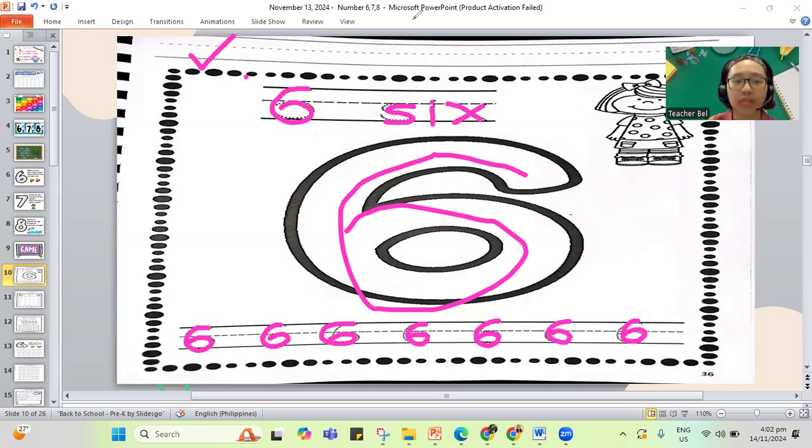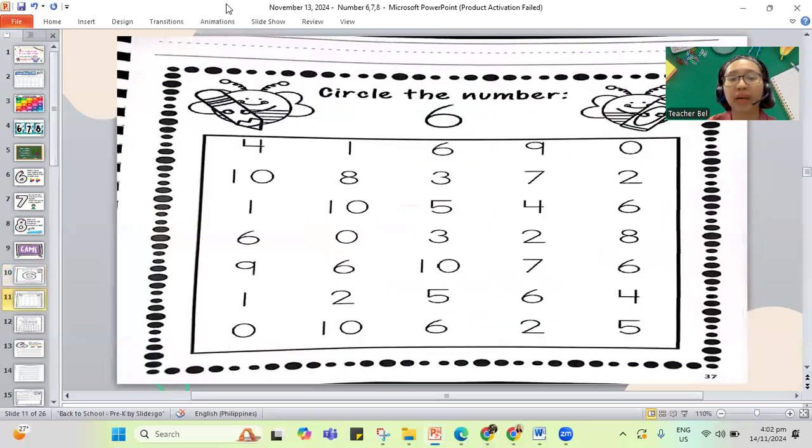Let's go to the next part, and that is to find our number 6. You have to circle all the number 6 in our worksheet. So you start by column. The first column, there's 6. The second one, another 6. Third one, how many 6? There's only one.